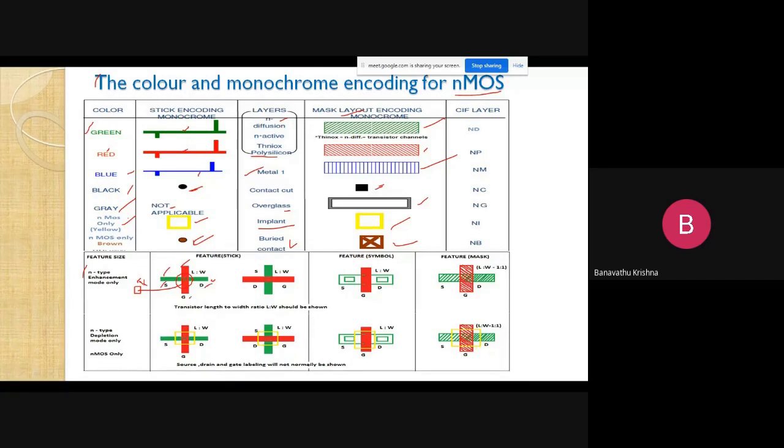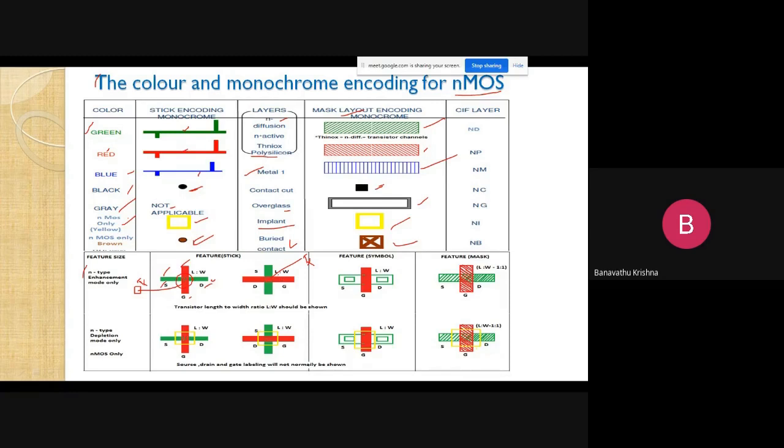The gate terminal is implemented on the polysilicon layer. That's why the gate is given at polysilicon. Similarly, in another direction, the diffusion layer is vertical and the polysilicon layer is in horizontal way. So again the polysilicon layer crosses over the diffusion layer. Then this cross section area is nothing but the transistor area. Okay, this is the transistor area: source, drain, and gate.